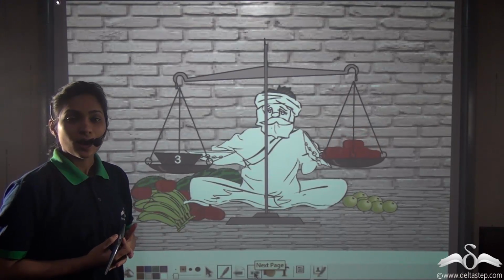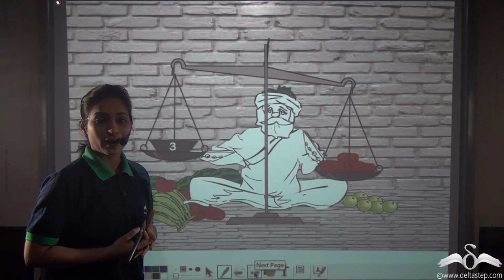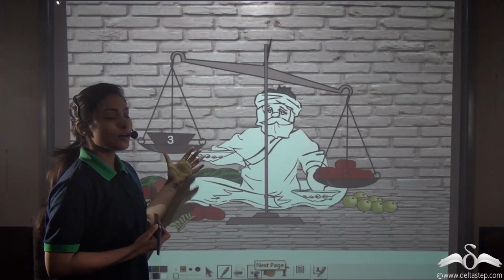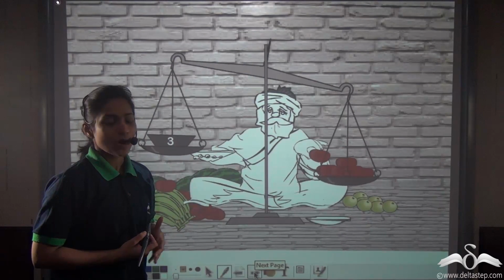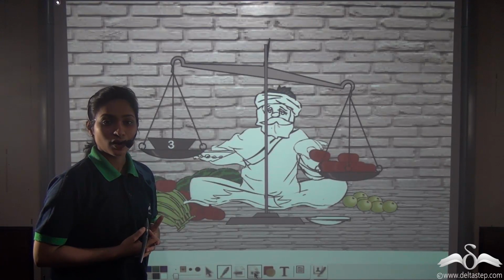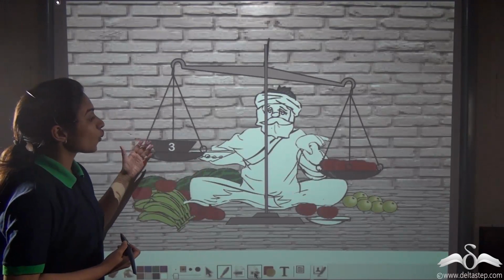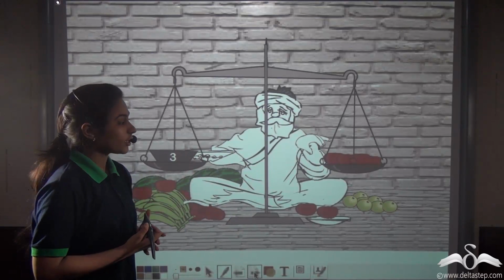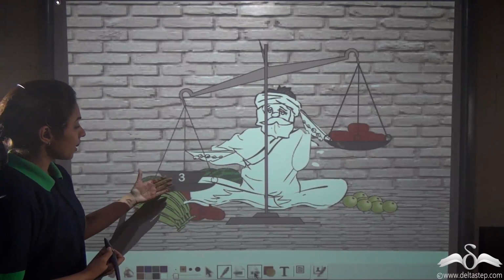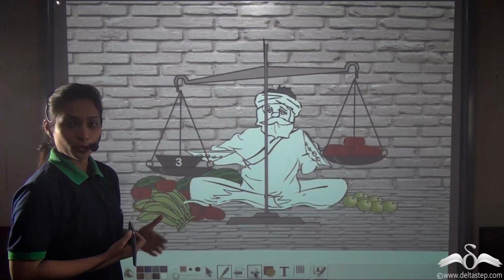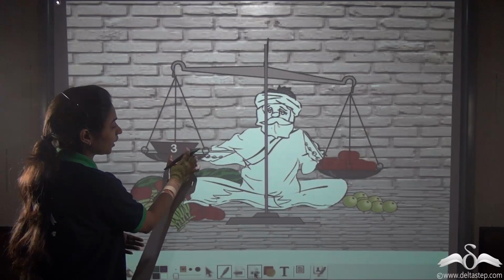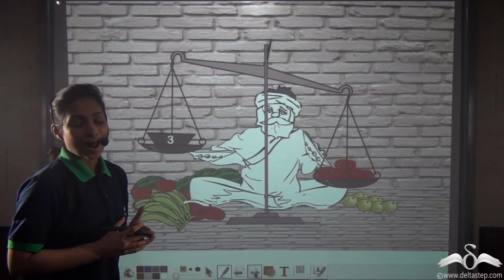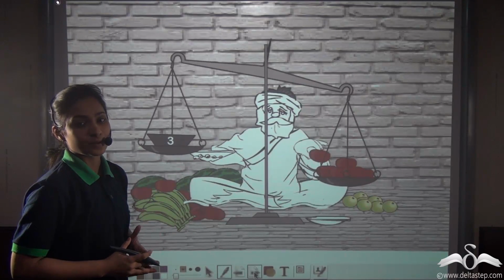You must have seen many fruit and vegetable vendors in the market who use a physical balance like this. What does this balance do? Well, it is used to weigh the desired things according to the desired amount. For example, here you can see this vegetable vendor or the fruit vendor has kept a weight of 3 kgs on one side. And now I want 3 kg apples from him.